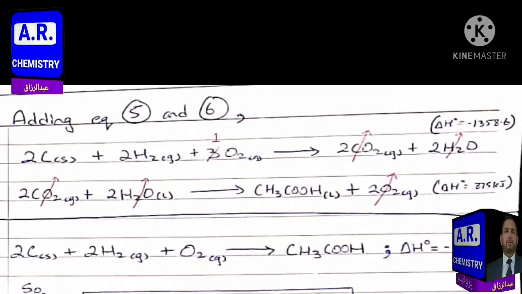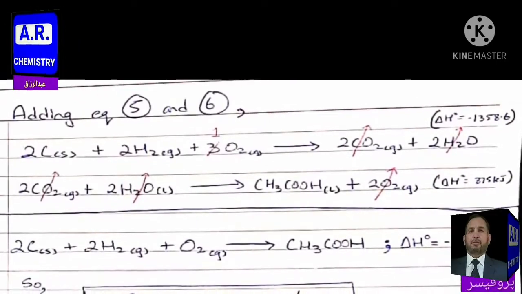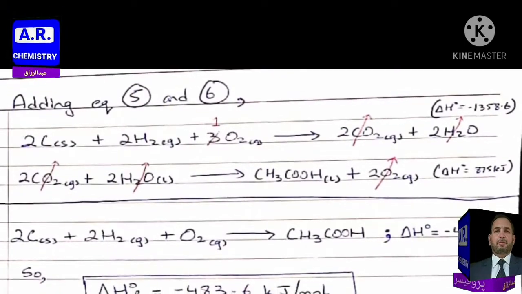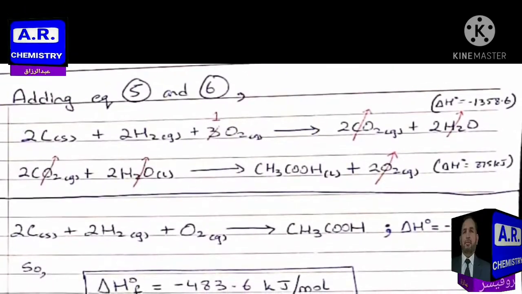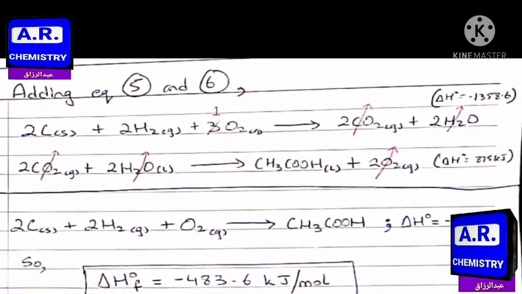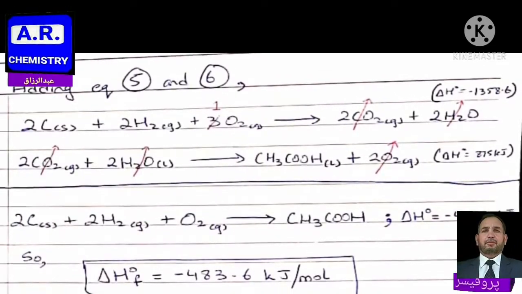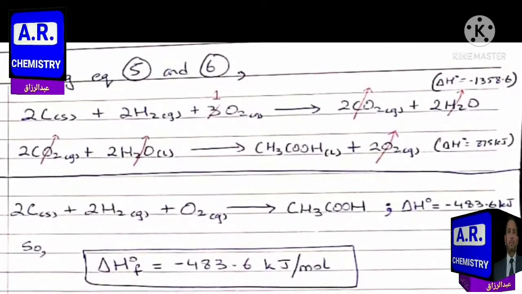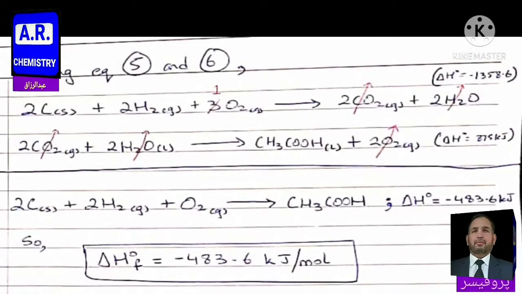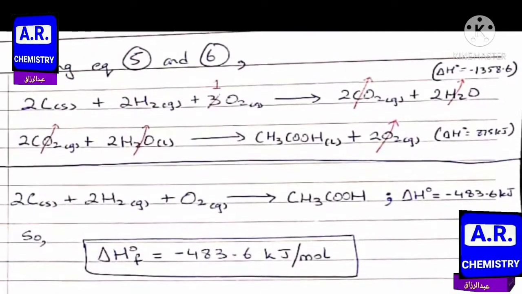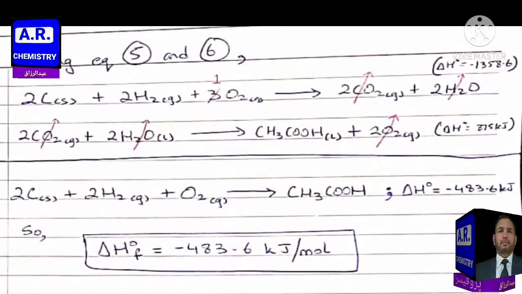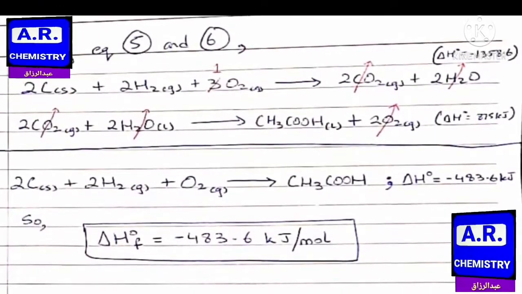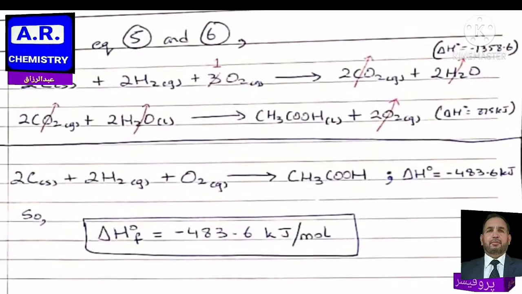Now, when you add equation 5a and 6, you get your desired equation, that is 2 moles carbon, 2 moles H2, 1 mole O2, 1 mole acetic acid. Also you add the values of these two reactions, and finally you get the enthalpy of formation of acetic acid, and that value is minus